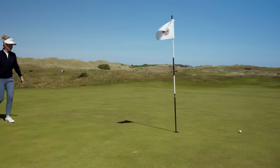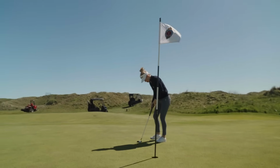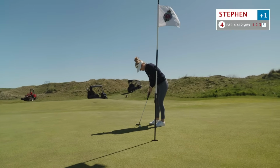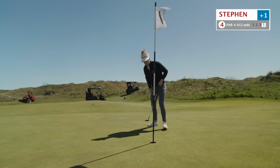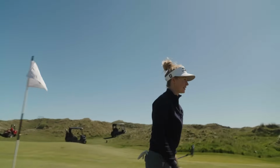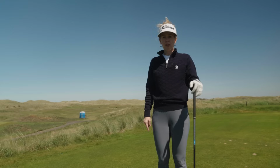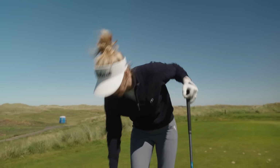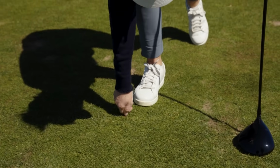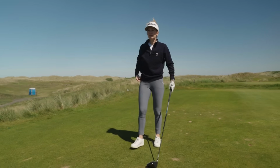Pulled it. I'm rushing. One drop shot on stroke index 1 at the Valley Links. A drop shot for me. Disappointing. I go back to 1 over par, but the good news is the next is a par 5 playing downwind,